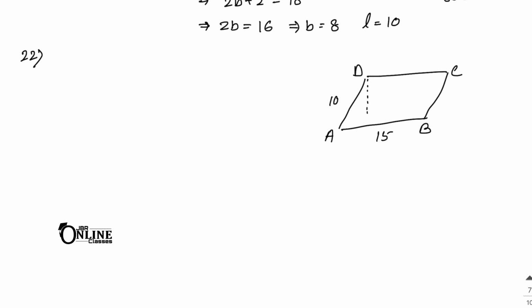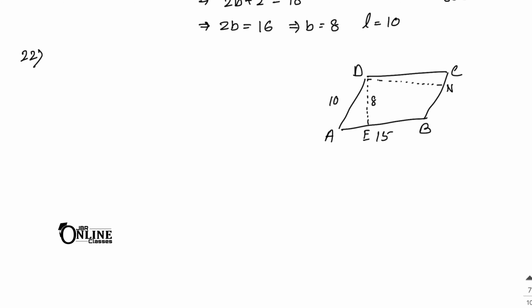that means here if you draw a perpendicular here, so that distance equal to 8 centimeter. So here 8 centimeter is the distance. Suppose this one is E, so DE is 8 centimeter. Then find the area of the parallelogram. Also find the distance between the shorter sides. Okay, so suppose this one is another perpendicular distance, suppose this one is DN. Okay, so here DN is the distance between the shorter side.